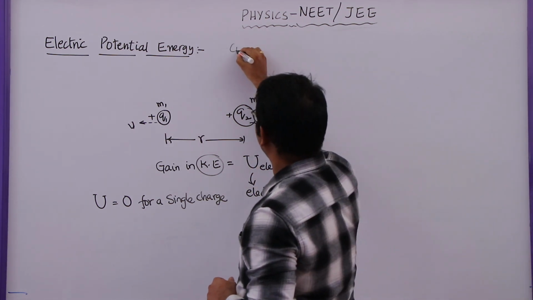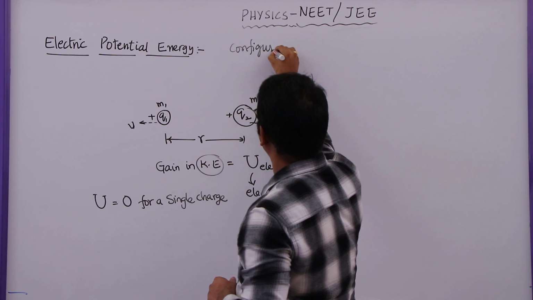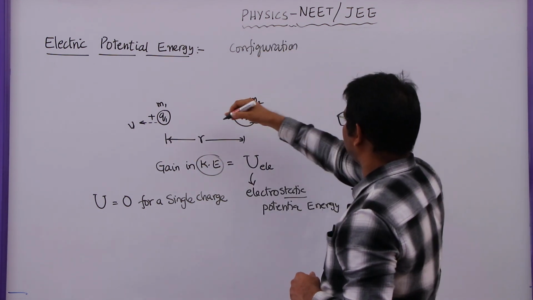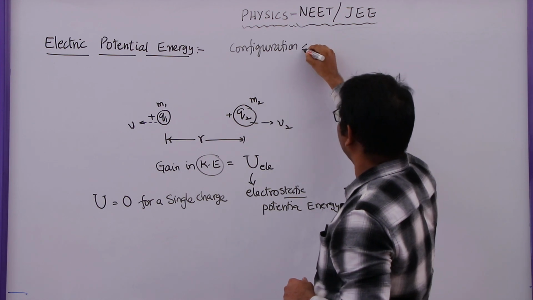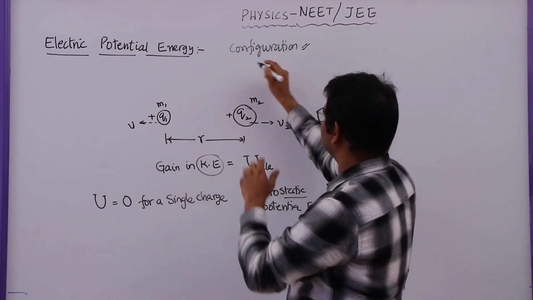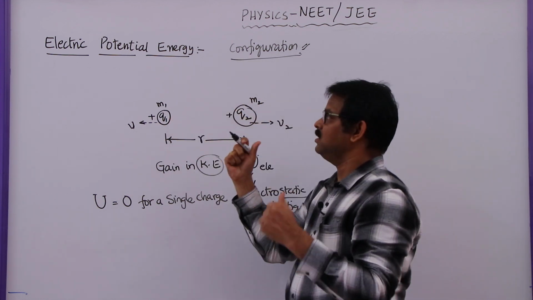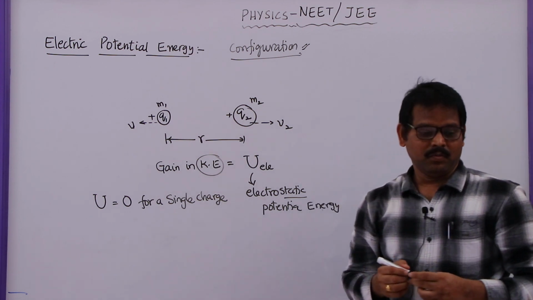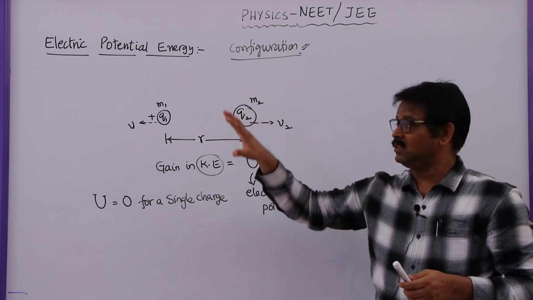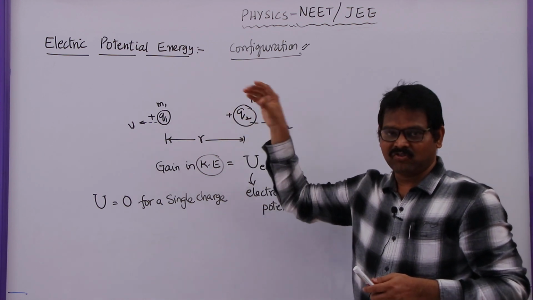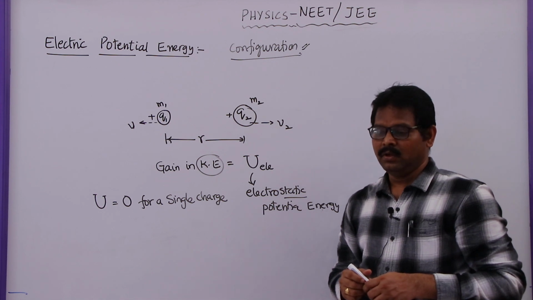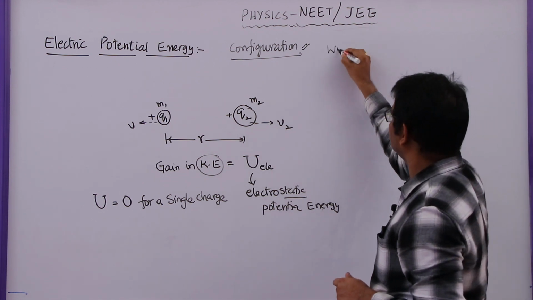So for these charges to be placed at these 2 points, that means configuration. Due to the arrangement of these 2 charges in this configuration, the charges attain some energy, that is electric potential energy. So here the work done in arranging these charges in these present locations will be stored as energy, that is electric potential energy. So that means work done